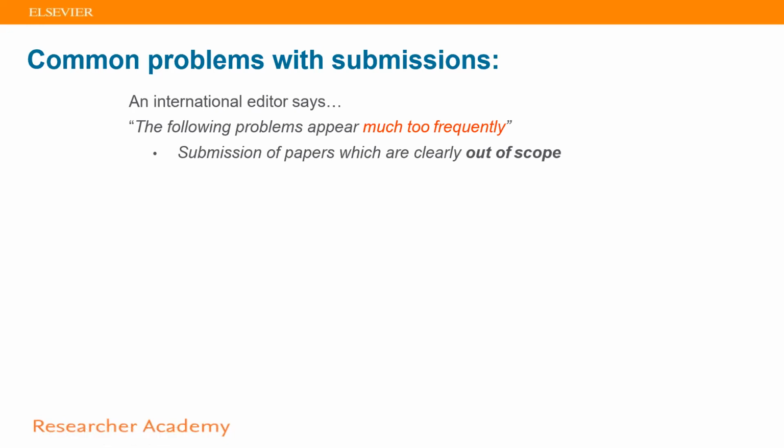And that's why I mentioned in the beginning, it's really important to do your homework about selecting the right journal for your manuscript. Don't just submit your paper to any journal that doesn't suit your manuscript and topic, because straight away the editor can just reject your paper because it's out of scope. And it can happen immediately after submitting your paper, or it can take months, and then you will get an email from the editor: sorry, we reject your paper because it's out of scope. So you are losing time.